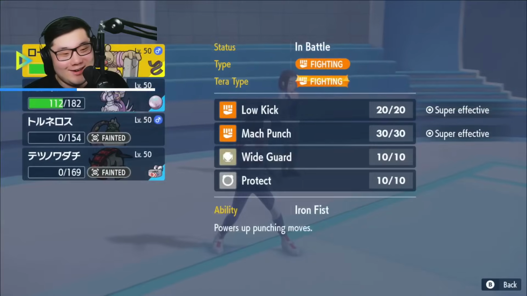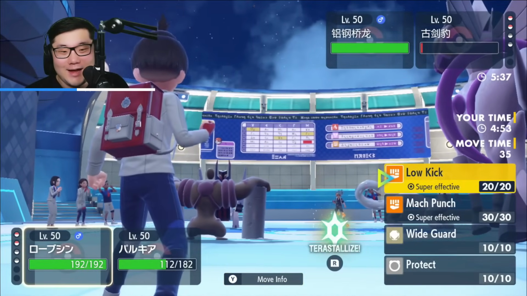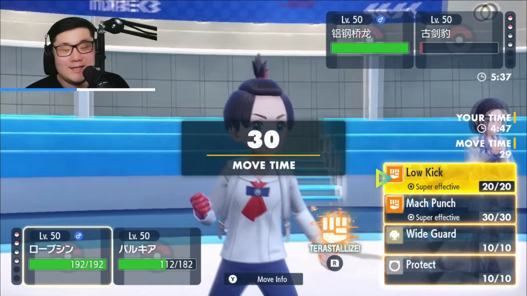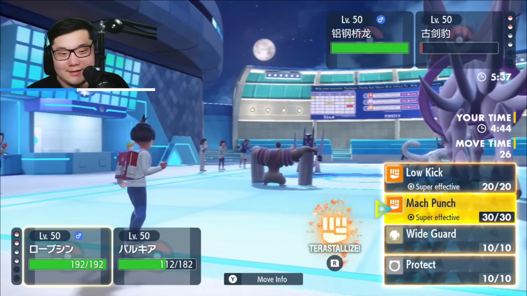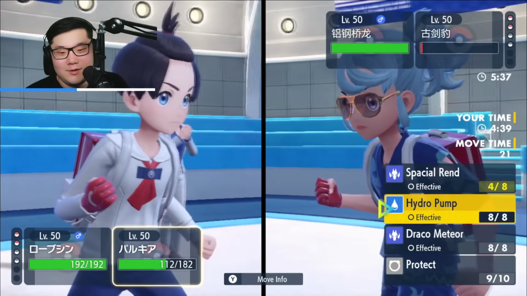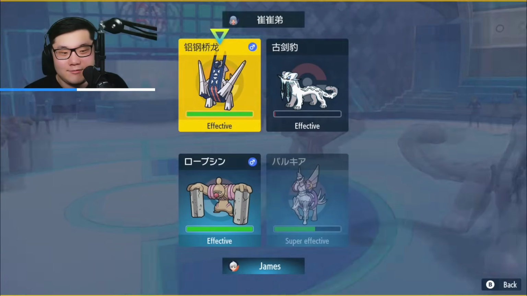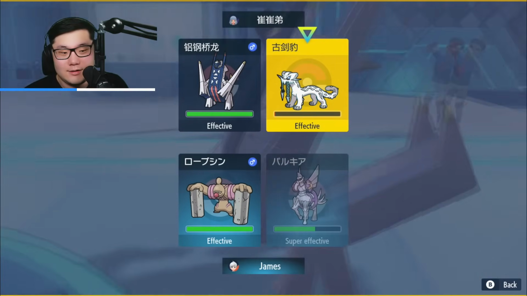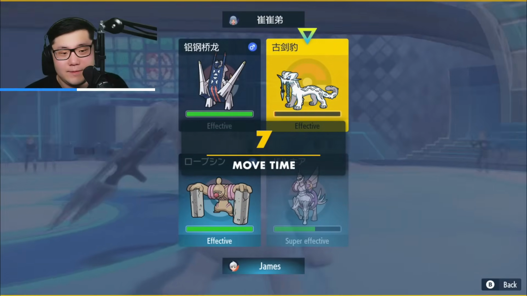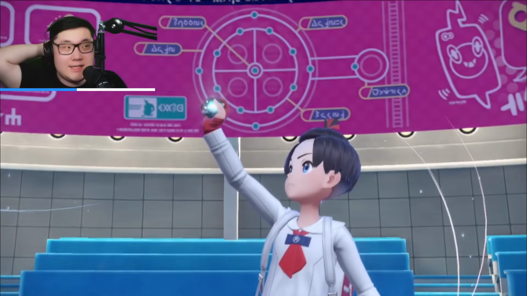The question is, do I really want to go for it? Because we're using the Sword of Ruin from the Chien-Pao. I just don't think Low Kick does much to Archaludon, if I'm not mistaken. So I do want to go for the Mach Punch. What am I doing with you? I think it's the question of who do I target down? Because if I target down wrong, I could lose a Mon, which is not great. I want to say it's double up to Archaludon, but it depends on whether I think Chien-Pao is protecting or not. I think I'm going to target down to Chien-Pao. Let's see. If they protect...